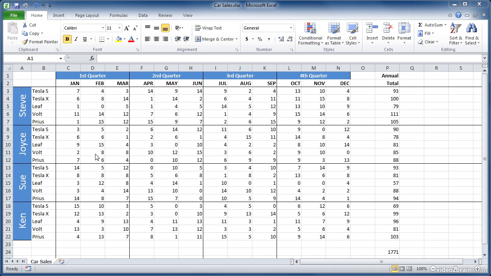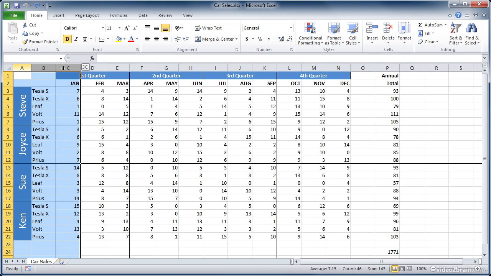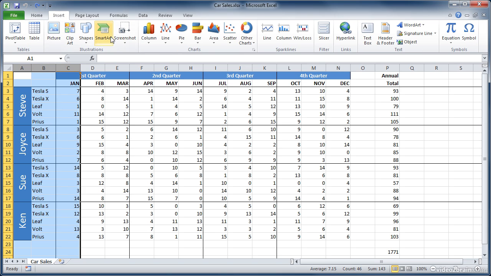So here's a spreadsheet where we keep track of different salespeople and the cars that they sell. And across the top here, we divide sales into quarters and months. So suppose we want to zero in on the first month of the year and see what kind of sales each of these salespeople had. So I'm going to select the first three columns here